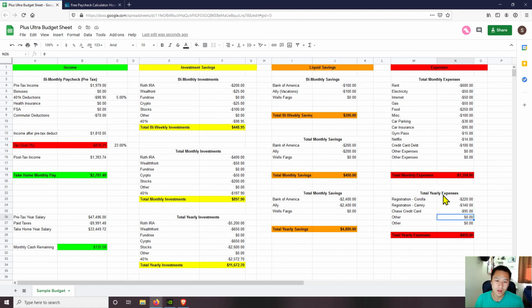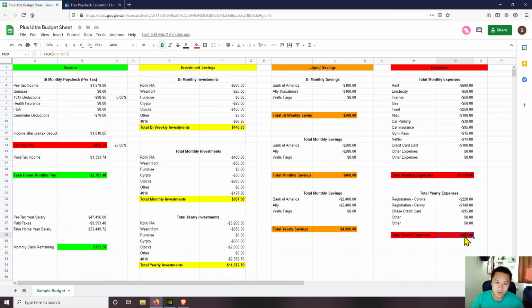So this is just calling out, like, I have 2 cars and there are registration fees that I have to pay out every single year, as well as a credit card. So I know my total yearly expense, just so that I don't forget about it for next year, is